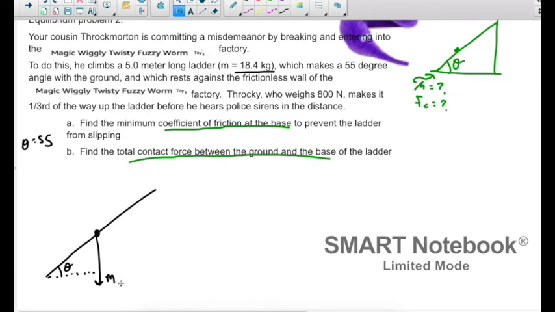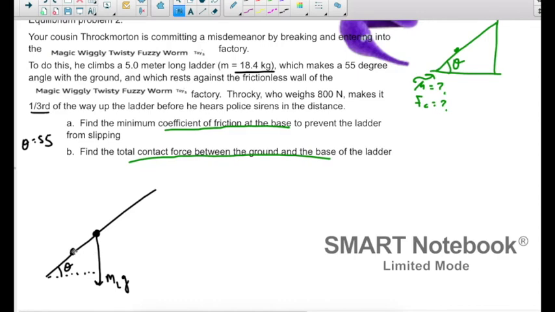And I know that's going to be equal to the mass of the ladder times little g. What other forces are there? Well, I know that Throckmorton has made it 1/3 of the way up, so this gravitational force acts halfway up the ladder, the 5-meter-long ladder, and Throckmorton only made it 1/3 of the way up, so Throckmorton, right here-ish, I